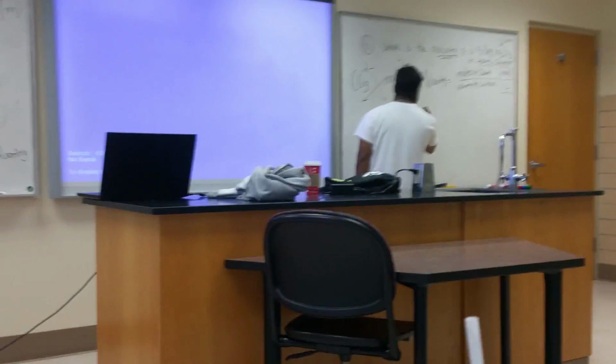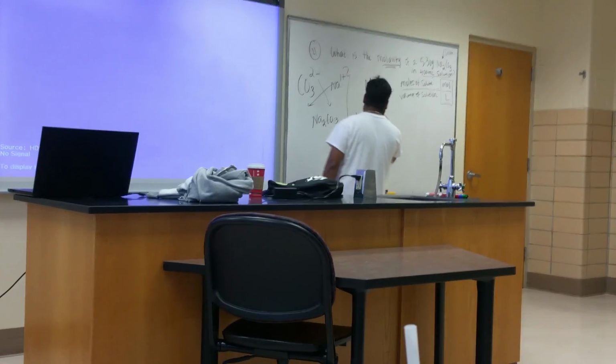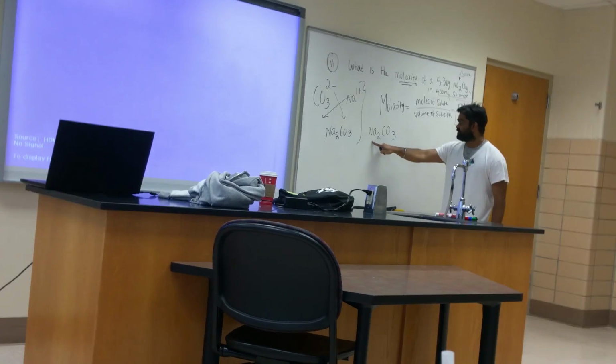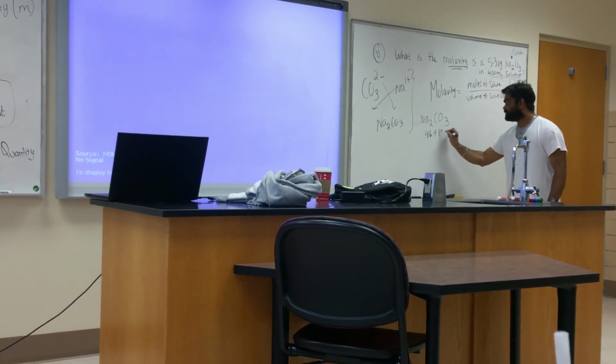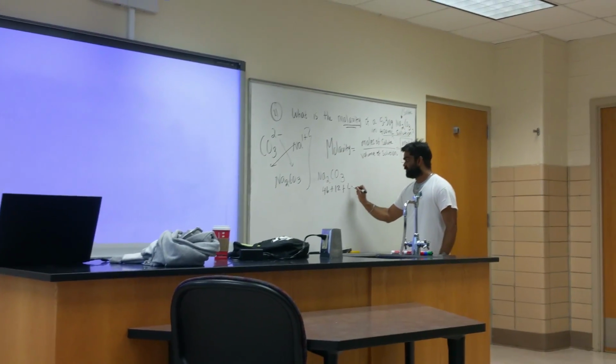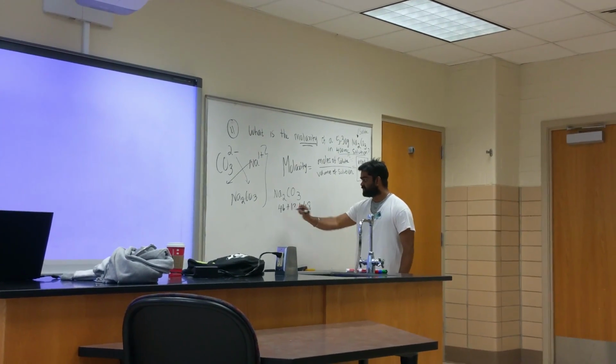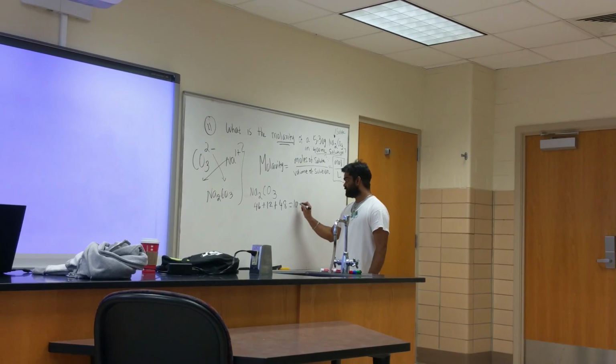So let's get the molar mass of this compound. Sodium is 23 times 2 is 46, plus carbon is 12, and oxygen is 48. 48 plus 12 is 60, 60 plus 46 is 106